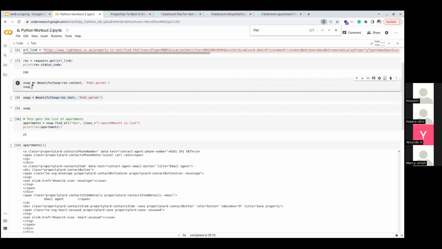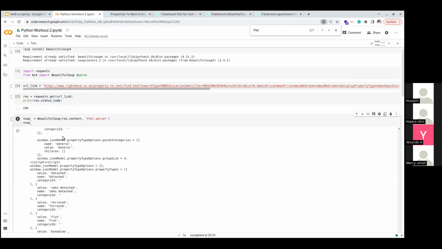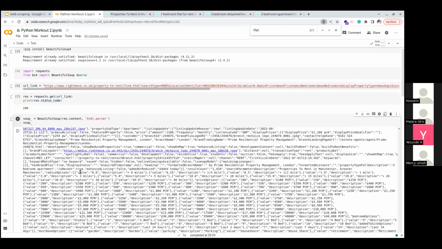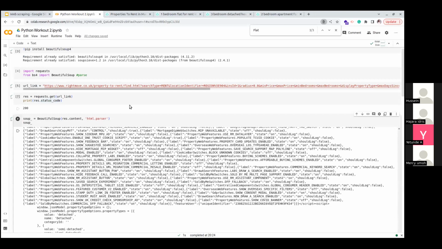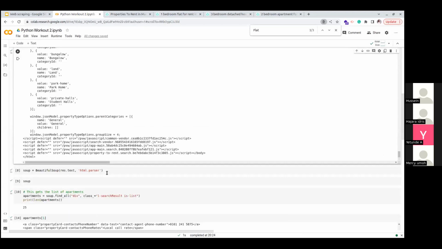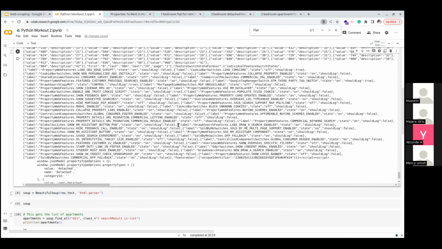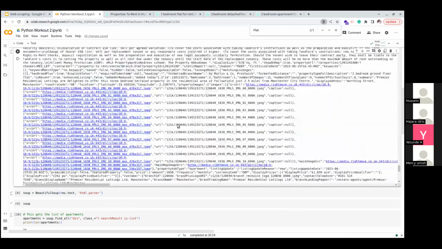So I've put res.content here. Let's see. Okay, I think it's going to be different from what I'm seeing here. You can see that, let me go all the way up.